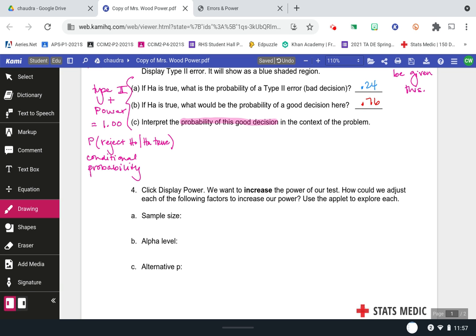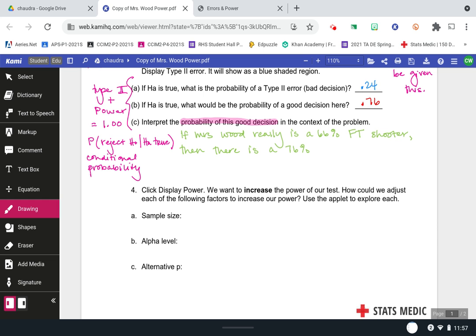So if we start there, we're going to say if Mrs. Wood really is a 66% free throw shooter, if the alternative is true. So if I really am less than 80%, then